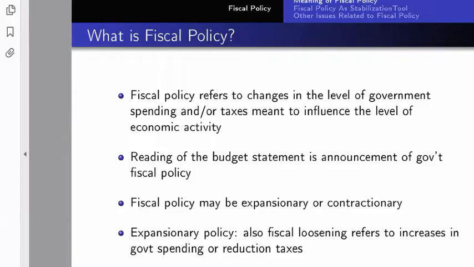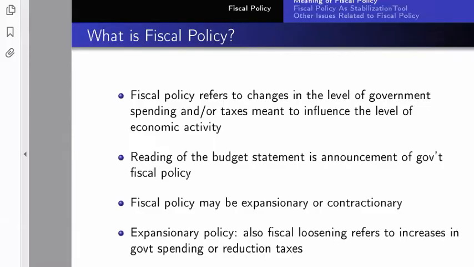Or alternatively, if you want consumers to more directly benefit from fiscal policy, what you do is you reduce taxes. As you reduce taxes, disposable incomes increase, Y increases, and that's it. So we can use the national income identity to explain this. When there's fiscal loosening, we want to increase G and do what? Reduce tax. When there's fiscal loosening or expansionary fiscal policy, we are increasing government spending and reducing taxes.